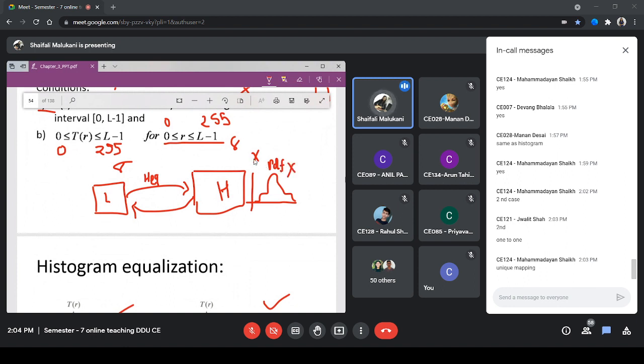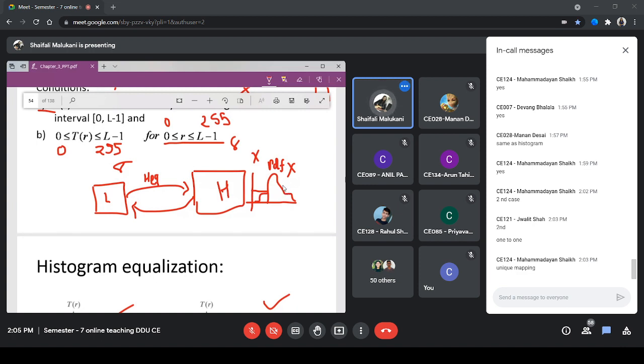What is that? X is a random variable. X can take any value in this range. The probability that X will take this value is given by this. Like the PDF of our input image R, you can map it here. But this is why I am not using an image here, because this is a generalized truth for probability theory.